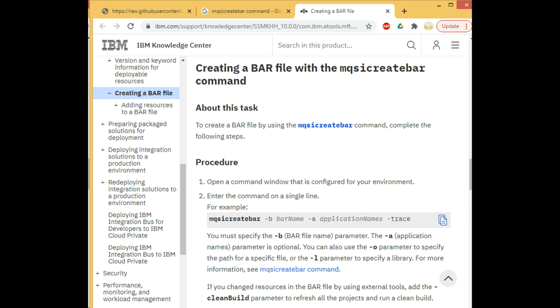Correct. You will get some confidence on how the commands work, and then you will use the same commands inside Groovy. Okay. Can I get any YouTube video for that, on how to use those commands to build a bar file, or do I need to search for it? Go to my YouTube video, and there I have given the Jenkins video. I have given a link to the Groovy script. In the comments, somebody asked me what the Jenkins script is that we have to use. Go to my GitHub repository and you will find a Jenkins folder. Inside the Jenkins folder, you will see the Hello World Groovy script.